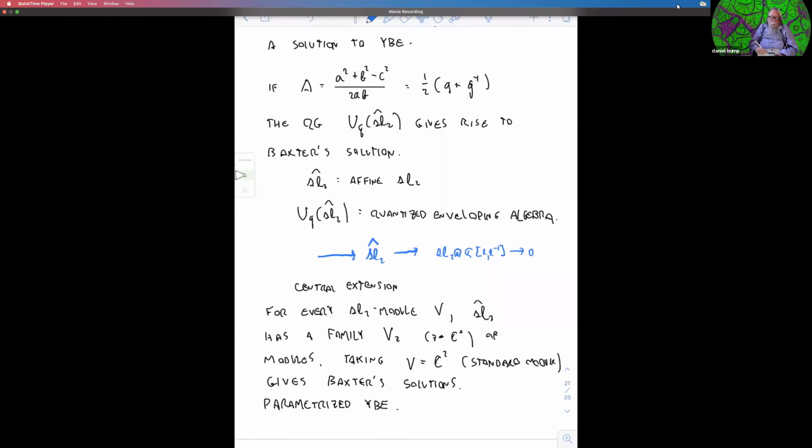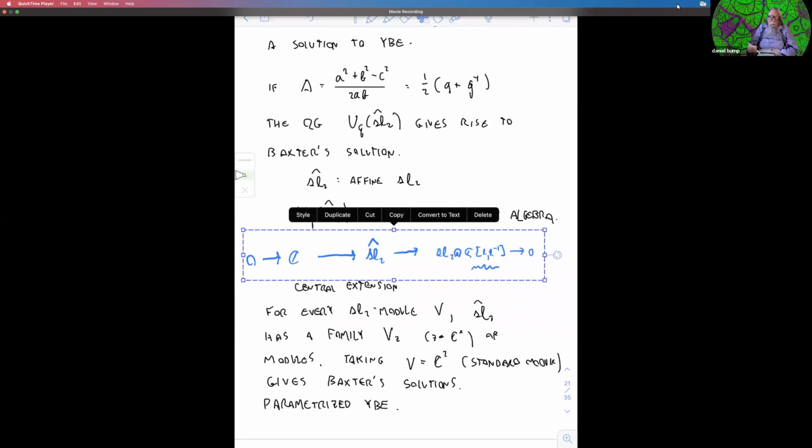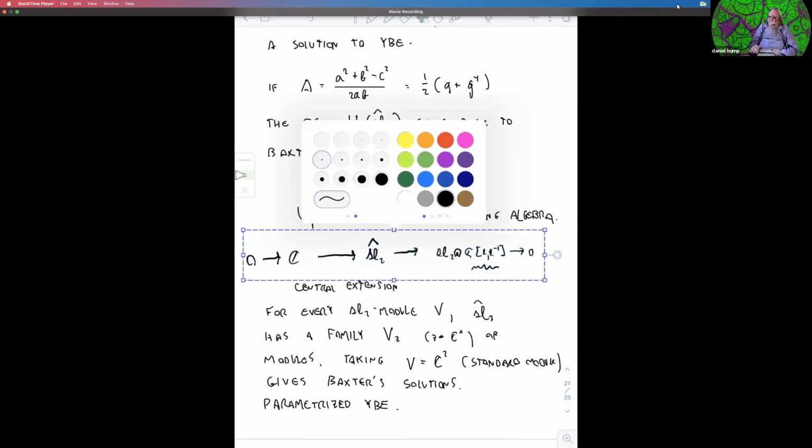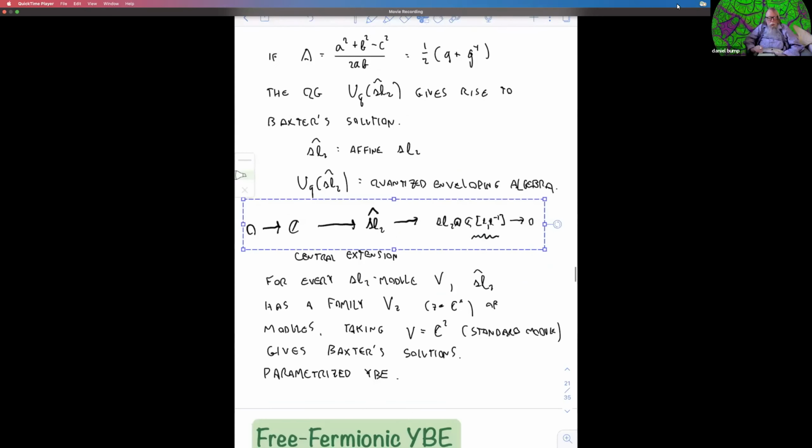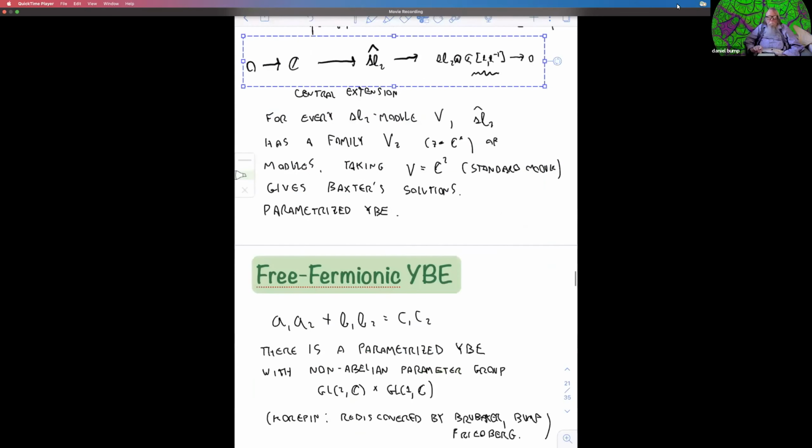And this is what I meant to write. So this is where the parameter is that you can tune. Sorry, I wrote something which was wrong, but this is now correct. You can also adjoin the derivation and make it a little bit bigger, and that's sometimes important to do.